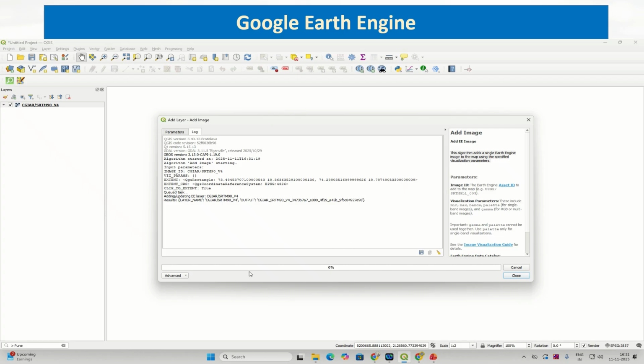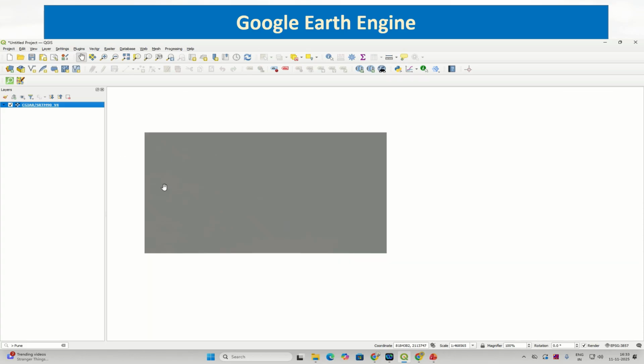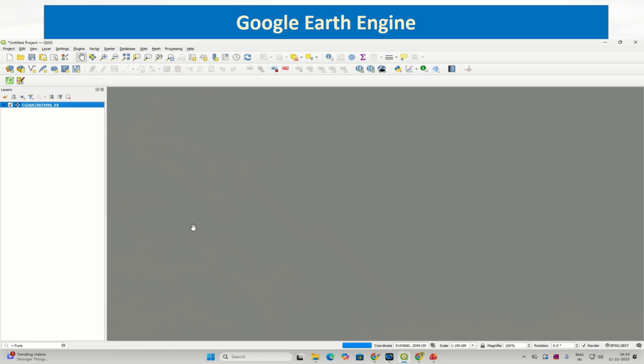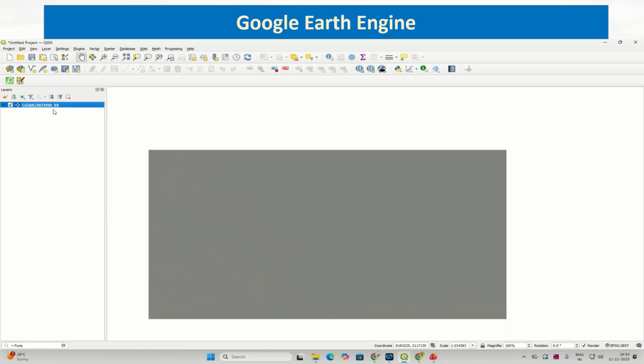Let us wait, as it is the queued task. So you can close the window. Once it is generated, you can see your SRTM, because we haven't given any visualization parameters. So it appears to be in monocolor, and you cannot make out anything about change in the elevation from pixel to pixel with default visualization parameters. But you can change the visualization parameters